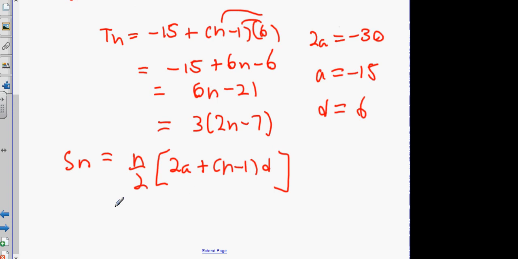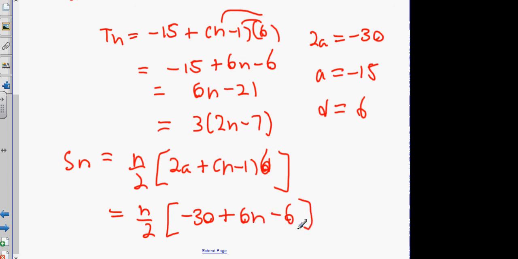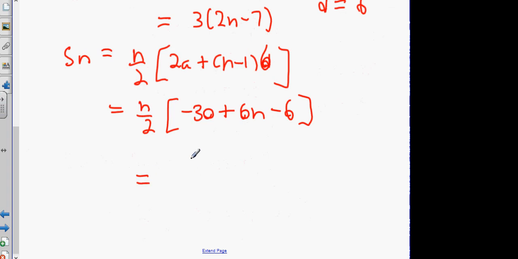Minus 30. Okay. So, n over 2 bracket minus 30 plus d times that is going to be 6n minus 6. Okay. Next thing that happens next is n over 2 into 6n minus 36. Now, what you know about the two numbers in the brackets